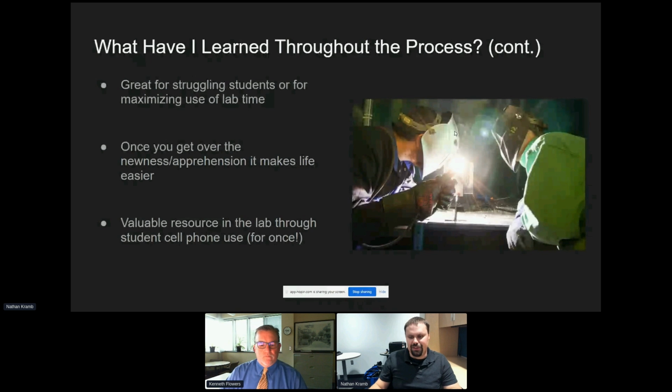Here's actually a couple of our students welding in the lab from a few years ago, pre-COVID. So what else have I learned? The big thing is, because we're back to face-to-face instruction,